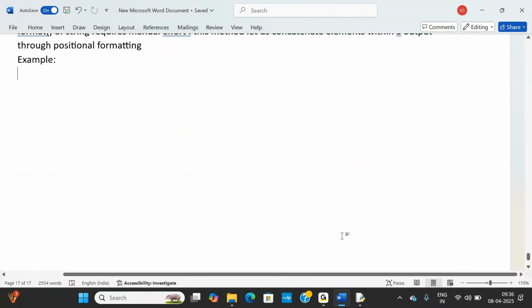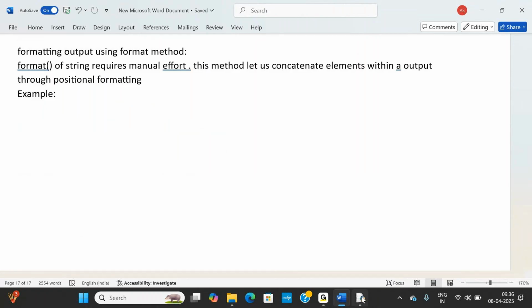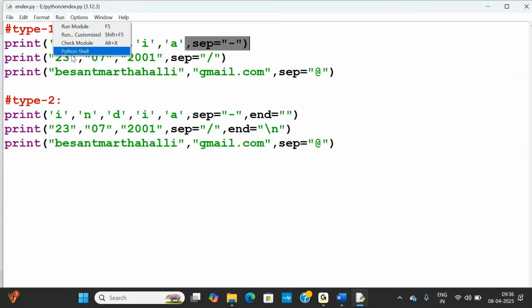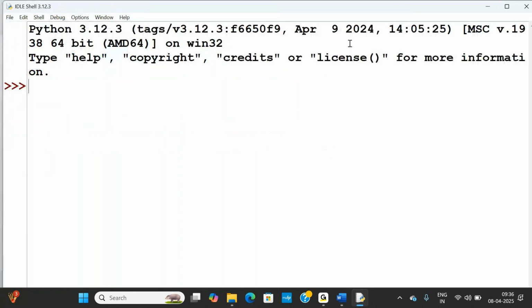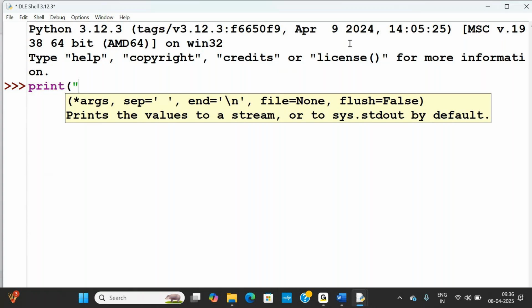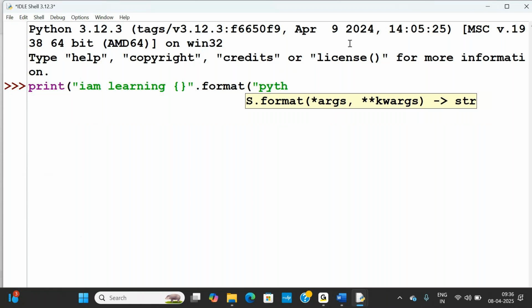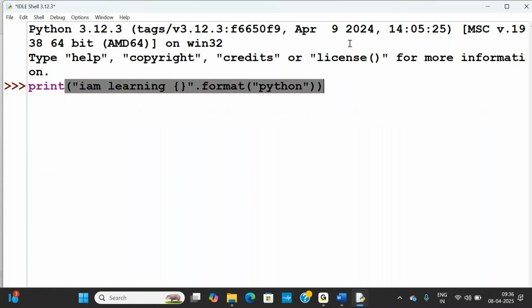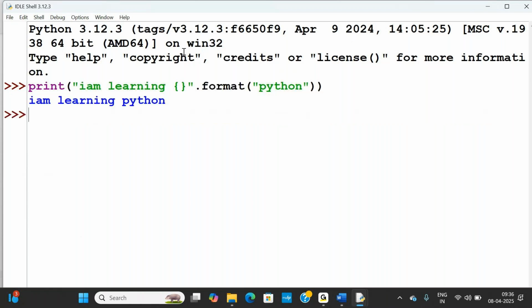So let us see how we are going to implement the format method. I am taking the Python shell. So print of, I would like to take, "I am learning {}" dot format of, if I am giving here the Python word. Now see, wherever you are representing these flower brackets,